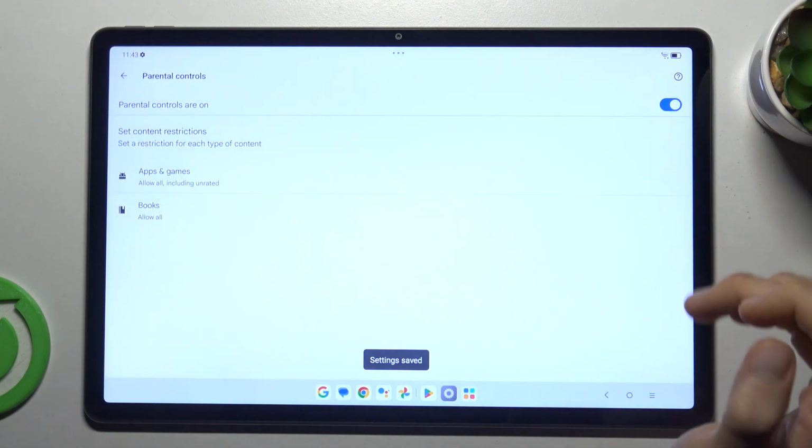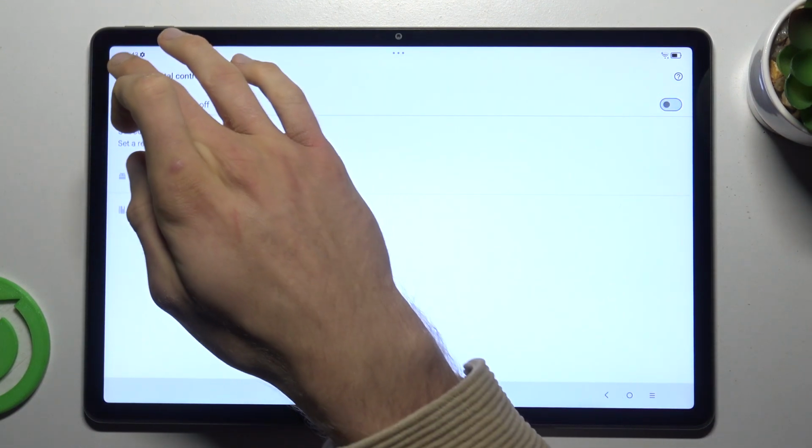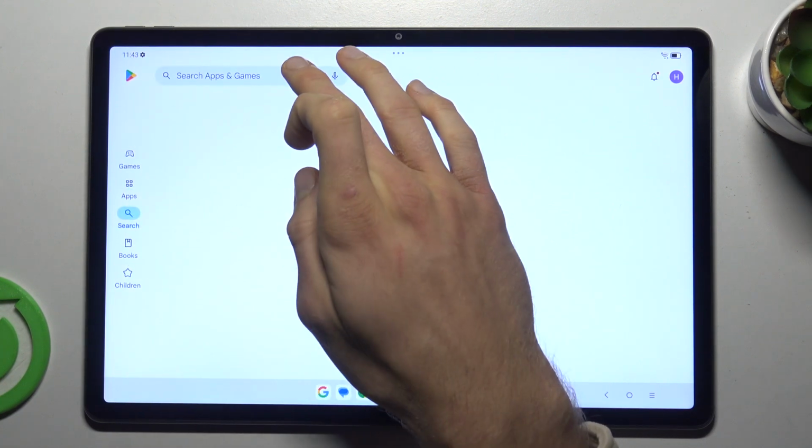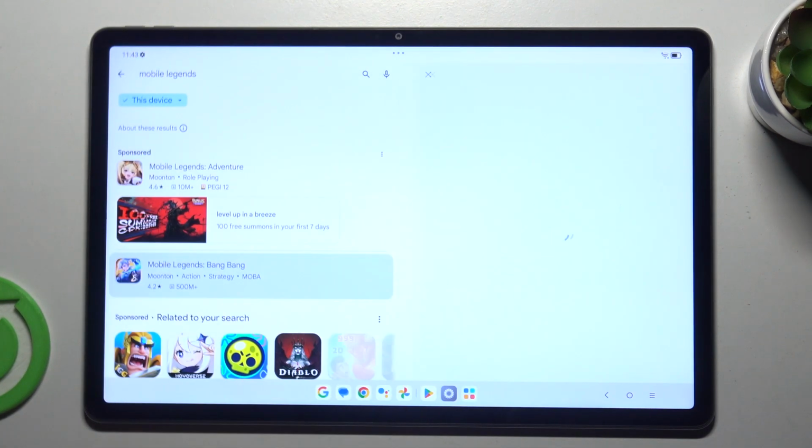You can also turn off your parental control by switching it off. And that's all. We can go back and try searching for the Mobile Legends game again, which is visible right now, and